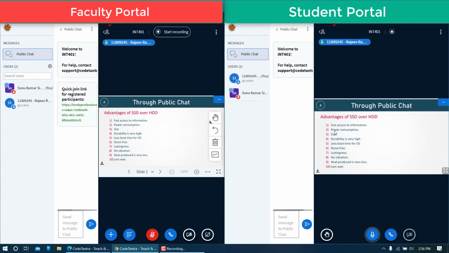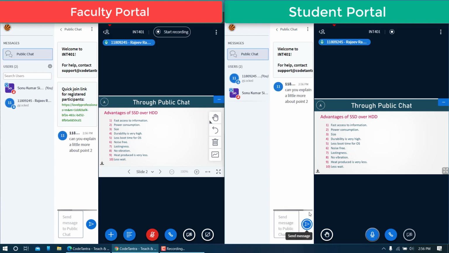Let us say that you as a student are looking at point number 2 and you didn't understand the explanation of the teacher. This may be because of a breakage of the audio as well, or for some other reason. So let us say you have some query or you want another explanation of point number 2. What you can type in this box is, "Can you explain a little more about point 2?" And then you press the send message button.